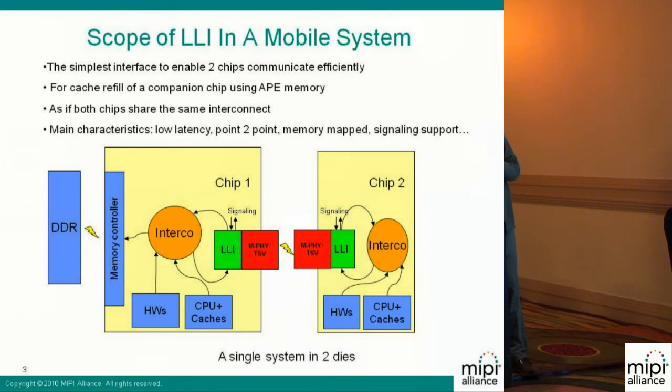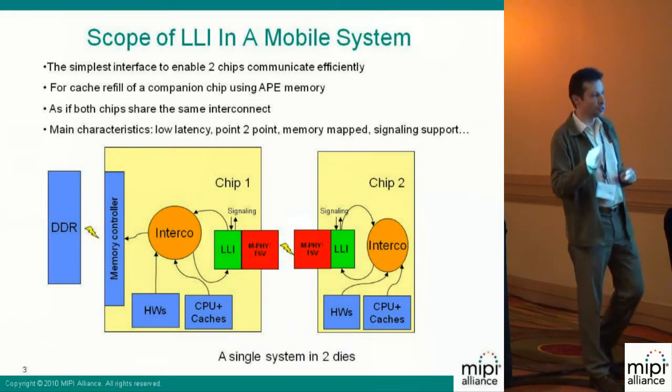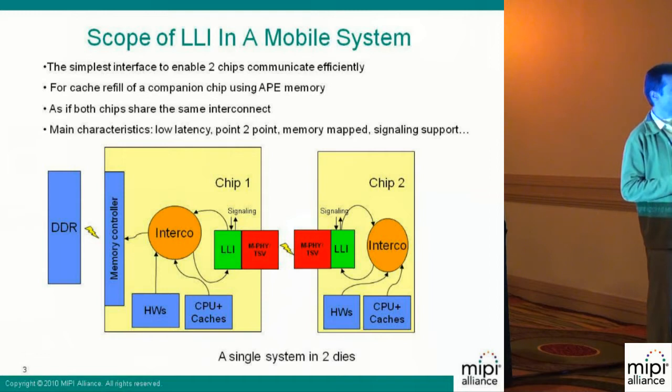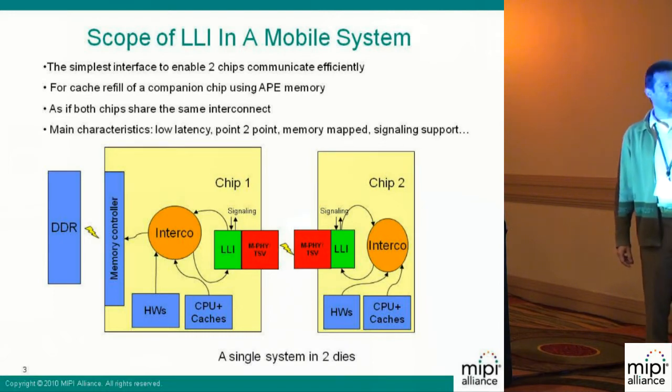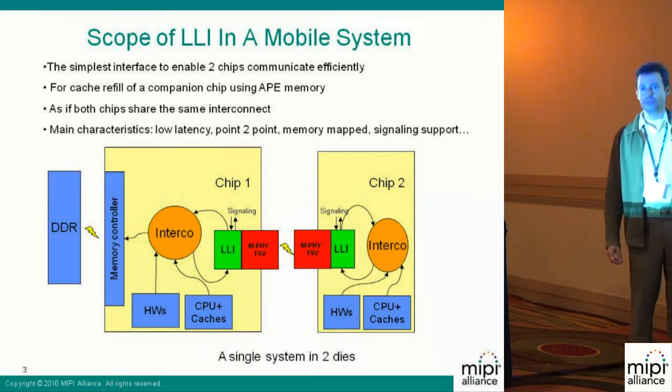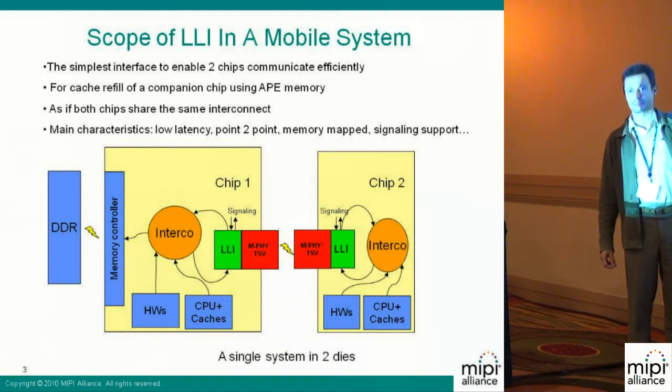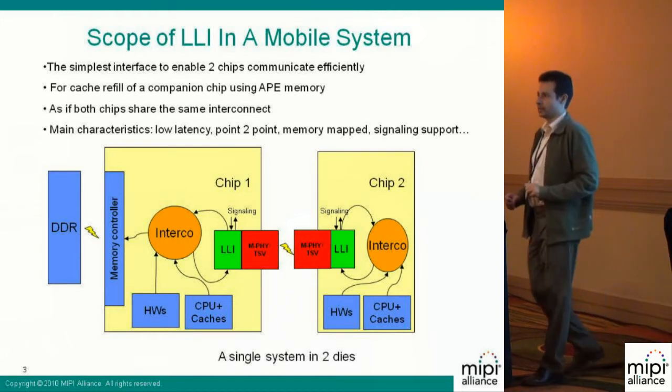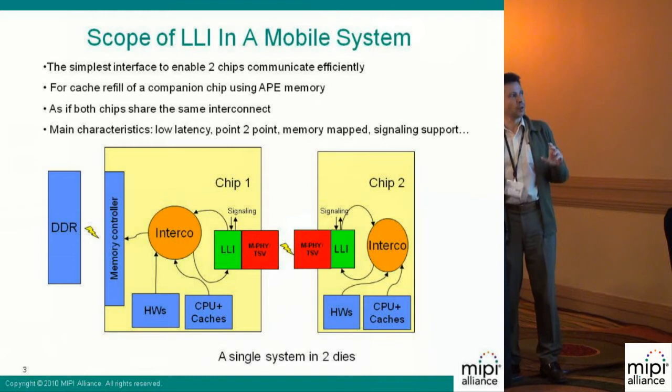And the nice characteristic of that is, because it is memory mapped, we can access hardware accelerators that are on a remote chip from a CPU that is on the primary chip. So for example, you can build some extension chip with LLI, because you can implement some hardware accelerator on the remote chip that is controlled by your CPU from the master chip. And this is exactly as if all these chips were only one.